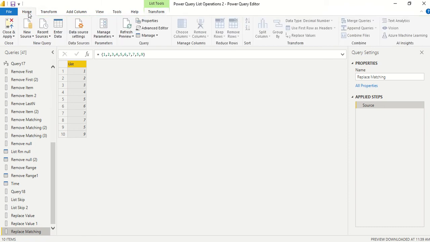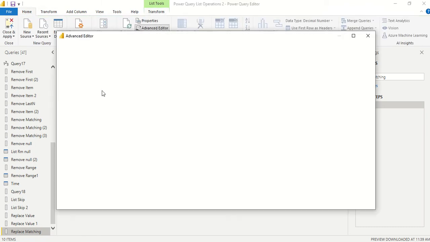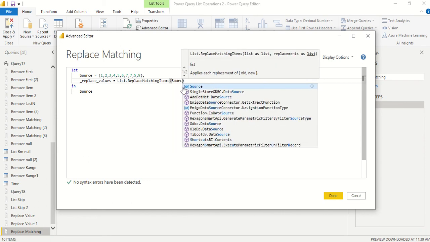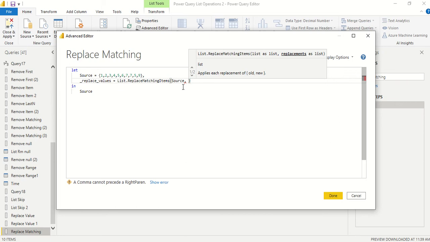Now again I need to go, so I click on home, and then I say advanced editor. I go back here, comma, next step, I want to perform, underscore replace underscore value, and I say List.ReplaceMatchingItems. So the first thing I need to give is a list, which is source, the name should be exactly the same, comma. Now here I need a list of lists. So the first list I'm going to give, and that's why we have repeated 5 and 7: 5 comma 8. We don't have 8 in our list, and then we give 7 comma,